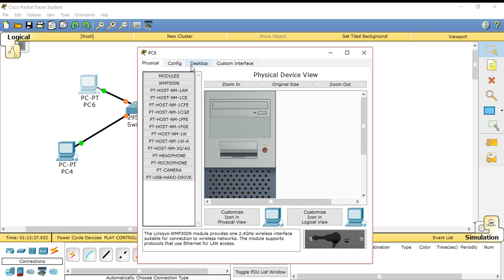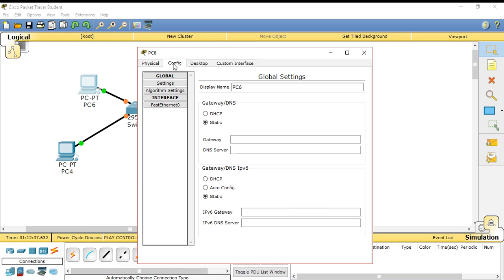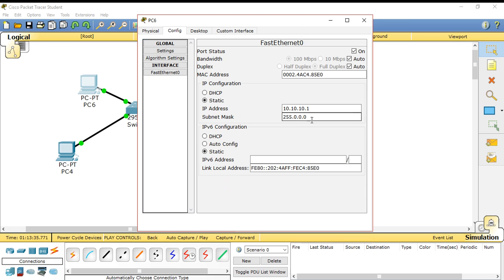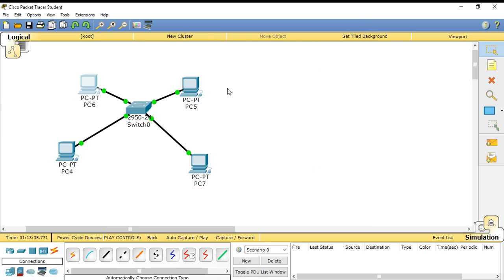So the first thing that I have to do is assign the IP address to the PCs. I hope you all know how we assign the IP address to the device. For that I will go to the config tab of the device, go to FastEthernet0, right, and assign one IP address to it. And I will be using IP addresses from the same class. What are classes? How do we assign IP addresses from a particular class? That we'll discuss in some of the other videos. So you just need to cross it.